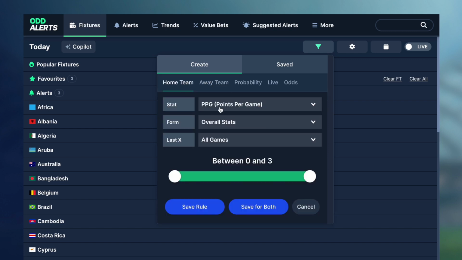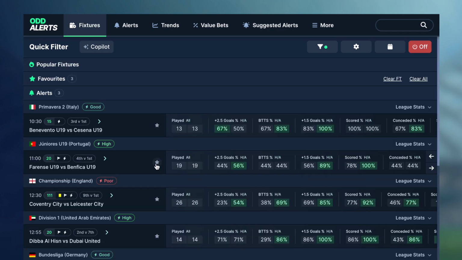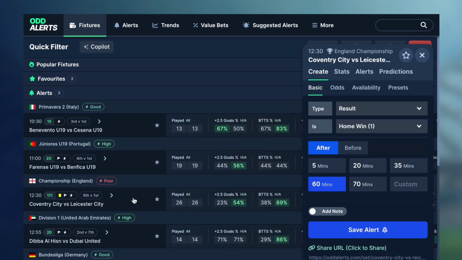And then we want a home team, let's just say their points per game at home this season is 1.6 or more. And that's very simple, but we can just search, and I'm recording this on Saturday, and we can see we get some games. So Coventry-Leicester is an interesting one straight away. Leicester, obviously the best team in the Championship by some distance, but Coventry, if we just click into this,